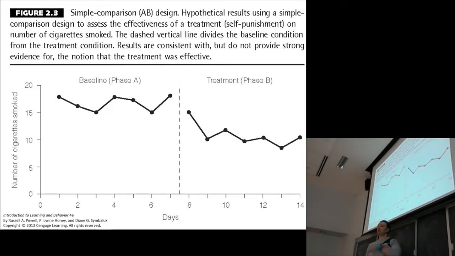It could be due to a new romantic relationship. It could be due to the in-laws' surprise visit. It could be due to surgery. They're in the hospital. It could be due to they lost their job and they had to cut back. It could be due to any number of things that are not the treatment, in which case it would be irresponsible and unethical of us as psychologists to say, hey, my treatment is effective, keep doing this, and you will improve your behavior. So we need methods to make sure that this decrease was caused by our treatment,